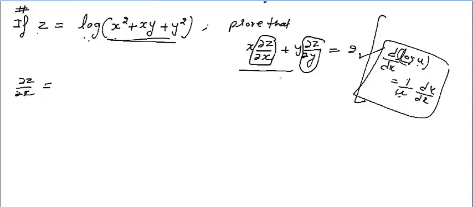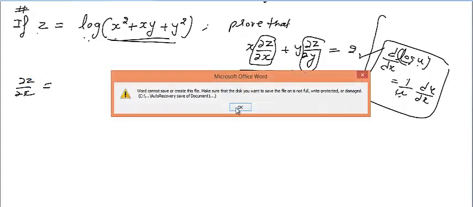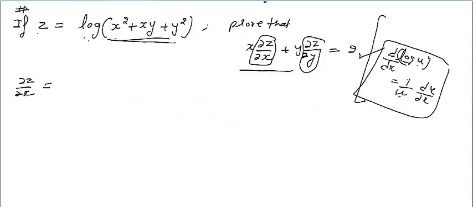So listen, you are finding the derivative of z with respect to x. Now keep this thing in your mind. When you are finding the derivative with respect to x, then y will be constant. Once again I am repeating it. When you are finding the derivative with respect to x, then y will be constant. And if you are finding the derivative of z with respect to y, then x will be constant. Keep only this thing in your mind, you will do it very easily.